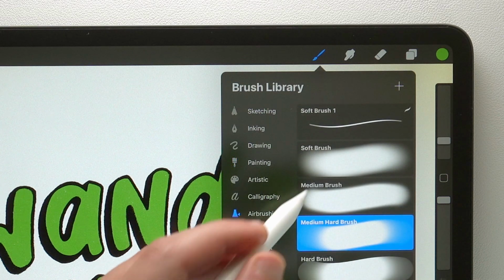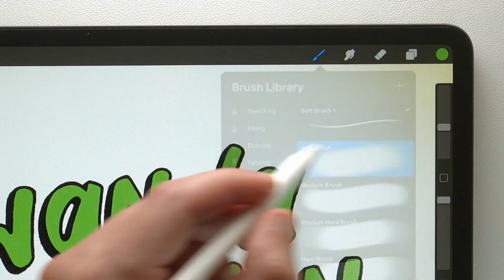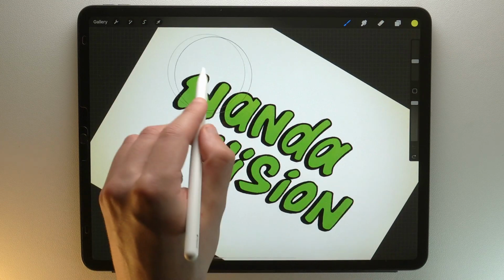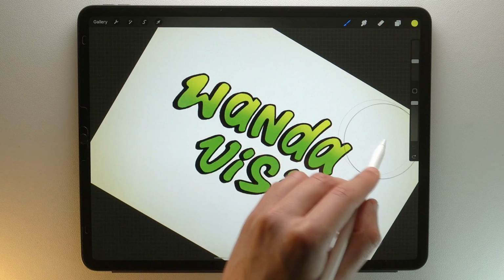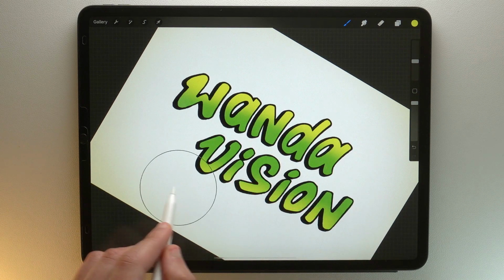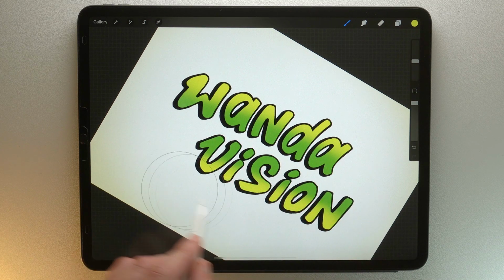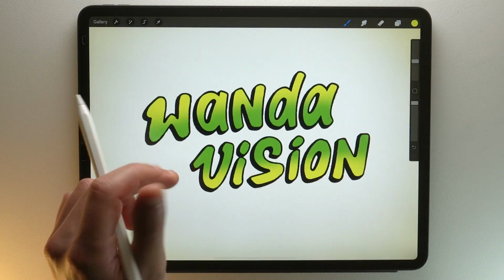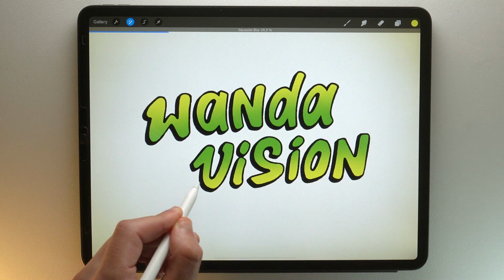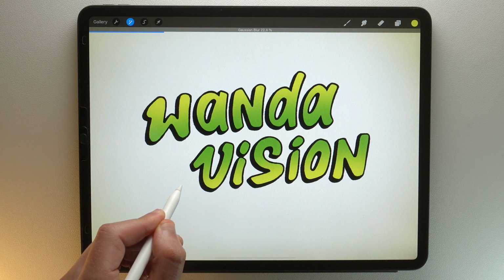I choose the soft brush in a fairly large size. With a yellow color, I use the brush at the top of Wanda and at the bottom of Vision. I add Gaussian blur to have a clean gradient on both words.